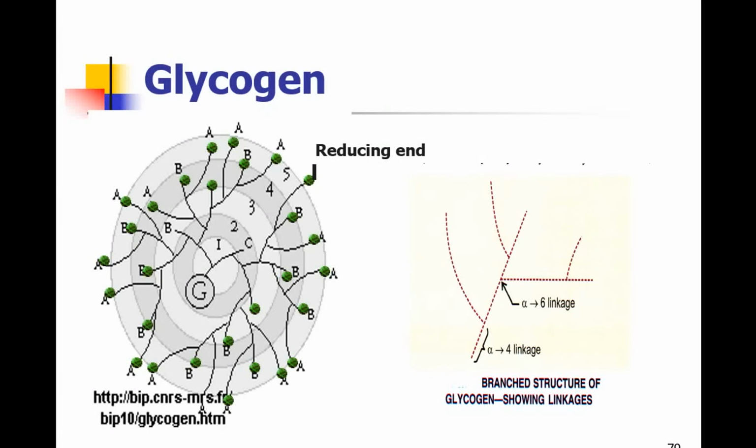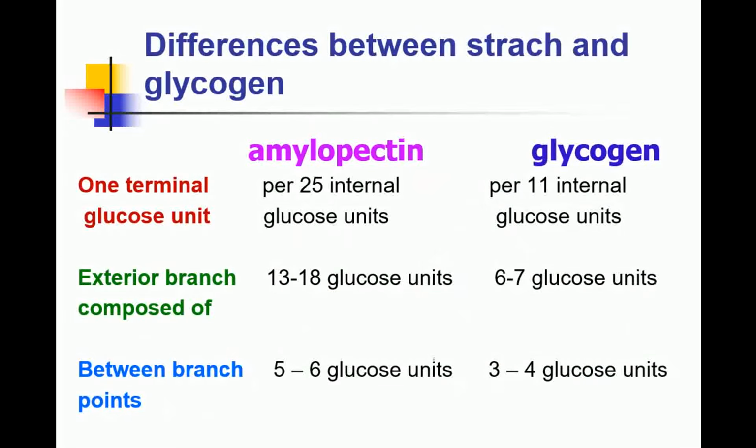Now see, this is how glycogen looks. You can see the dots. Each dot is one glucose molecule and this is a branch point. At the branch point you will see alpha 1,6 glycosidic linkage, and all these glucose molecules are linked by 1,4 glycosidic linkages only at the branches. So this branch point, this branch point, this branch point and this branch point have alpha 1,6 glycosidic linkage, and all other glucose molecules are linked by alpha 1,4 glycosidic linkage.